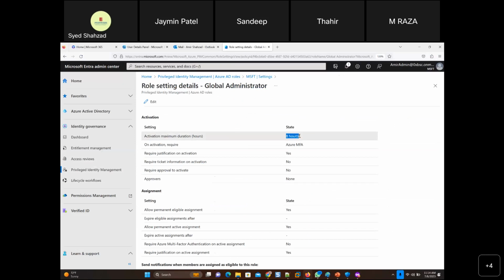After 8 hours, the user requests that role again for the next 8 hours from the email that was sent, saying you are eligible to have this role. Once the 8 hours finish, the user goes back to the email, clicks the link, and again requests the role for the next 8 hours with a justification, right?